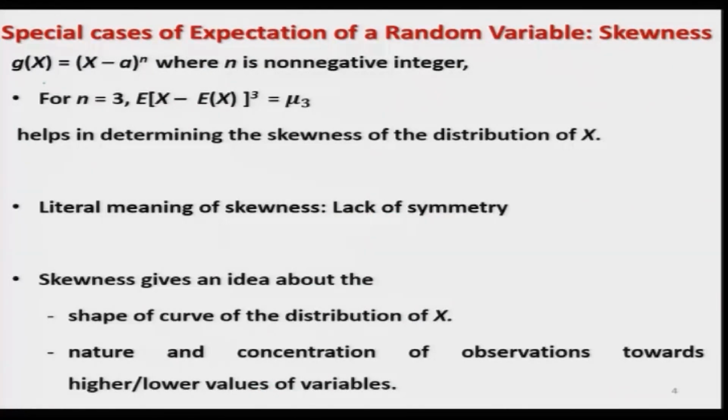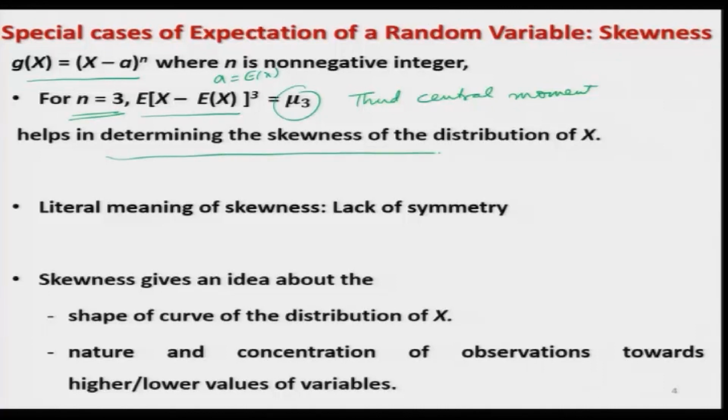Now, we try to take the choice of g(x) as (x minus a) raised to the power of n, where n is some non-negative integer, and we try to choose here n is equal to 3. So, the expected value of this function will become here say expected value of (X minus expected value of X) whole cube, where I am trying to consider this a is equal to expected value of X obviously, right. So, this is essentially the third central moment, right. So, this third central moment, which is indicated by mu 3, this helps in determining the skewness of the